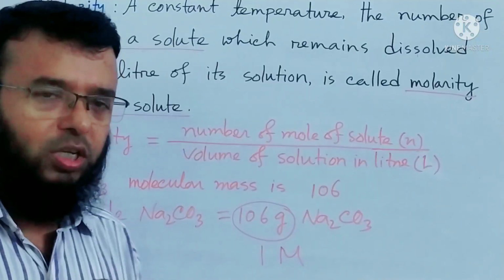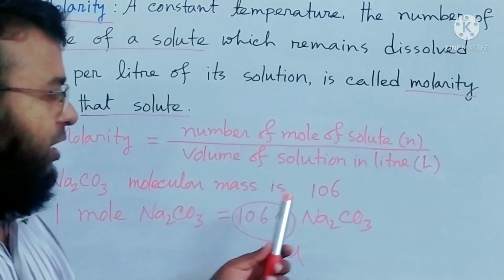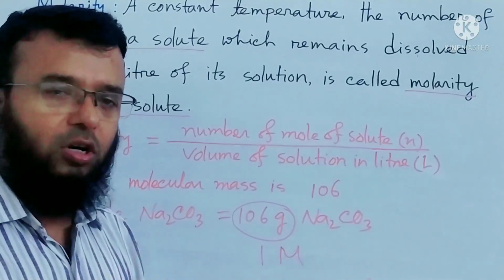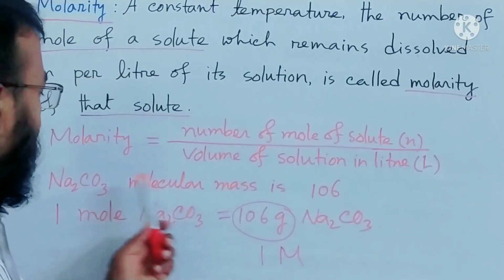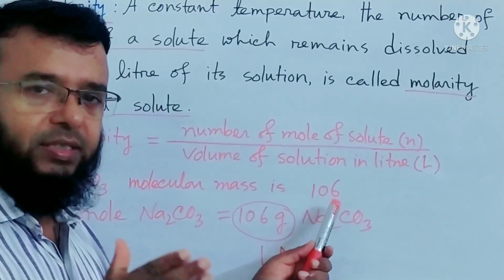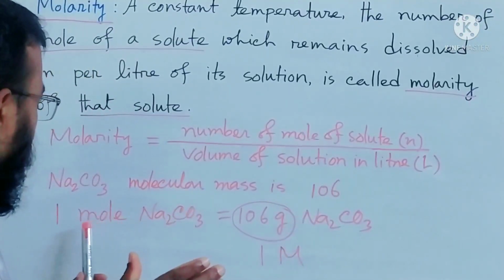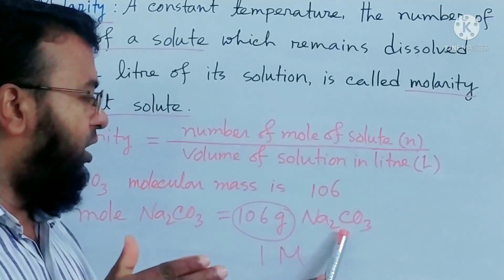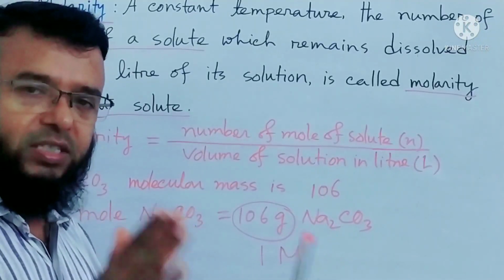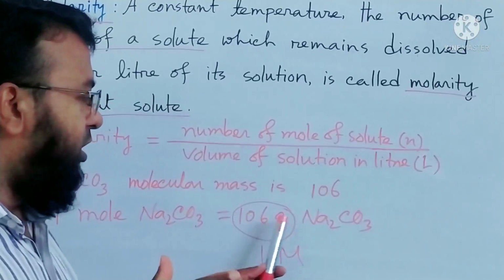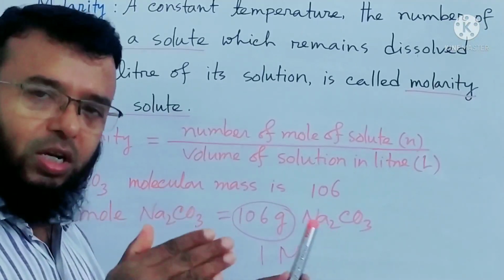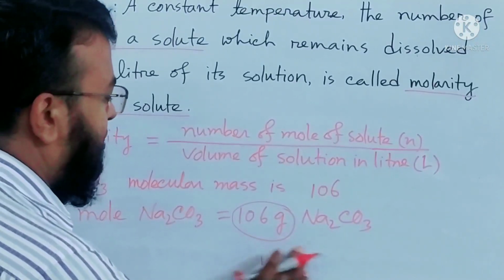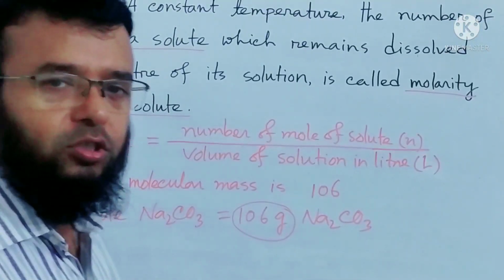we know that the mole is the expression of atomic mass of atoms and molecular mass of molecules into gram unit, that is called mole. So here the molecular mass of sodium carbonate is 106. So for this reason we can tell 1 mole sodium carbonate equals 106 gram sodium carbonate. That means at a fixed temperature, if 106 gram sodium carbonate is dissolved in 1 liter solution, then we can tell that solution is 1 molar solution. Okay,